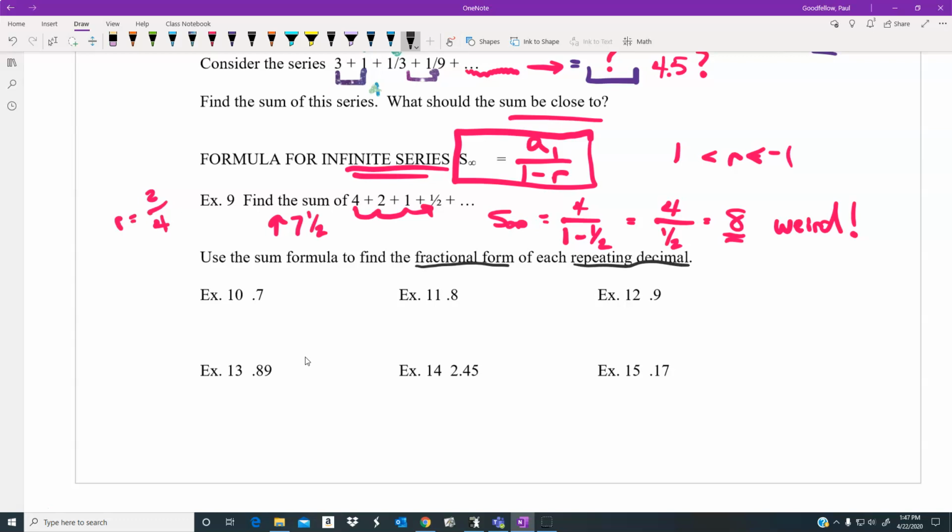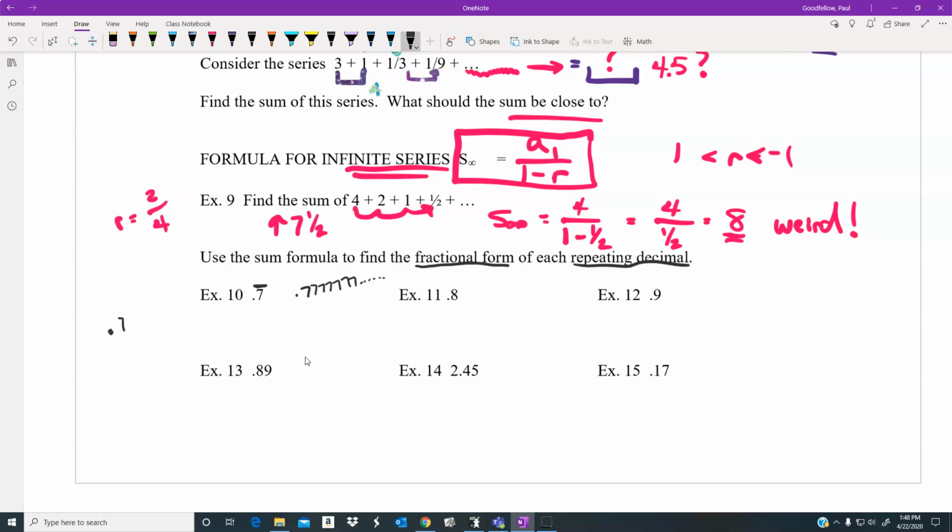Now, these ones down below don't have repeater signs on them because it didn't show up in the notes. So I'm going to make this guy right here 0.7 repeating. Now that just means that this particular question would be like 0.7777777 and so on forever. Now the reason why this falls into this particular category of an infinite sequence series is because that particular fraction definitely goes on forever, but it really truly is the sum of smaller fractions that are being added to each other. So you can really think of it as